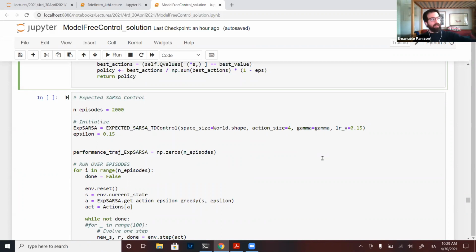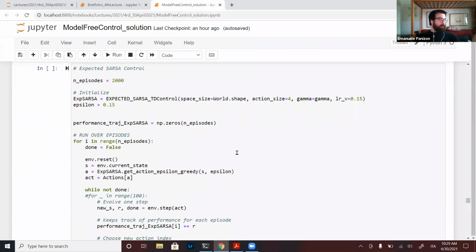SARSA, trajectory: I'm following a trajectory, I know what I did, I'm going to do the update with what I did. Q-learning: I'm following a trajectory, I don't care what I did, I know what would have been the best thing to do there, I'm considering that for the update. And expected SARSA: I have only one trajectory because I'm only a robot, I have so many artificial hands. But I know that if I were there, I could have done this many actions with this probability, so I'm averaging out for my update of the Q value.